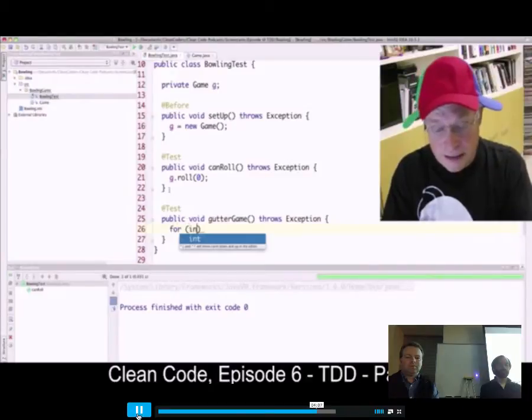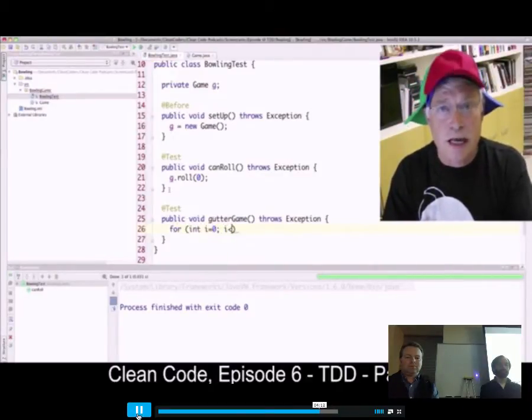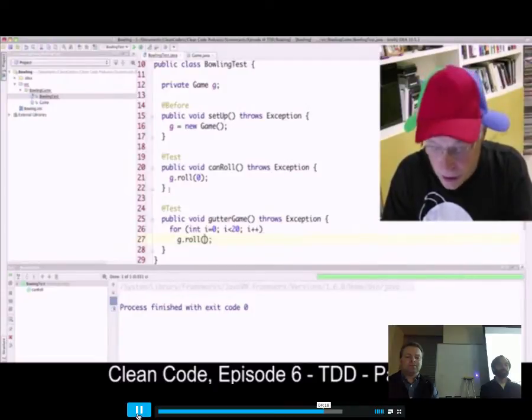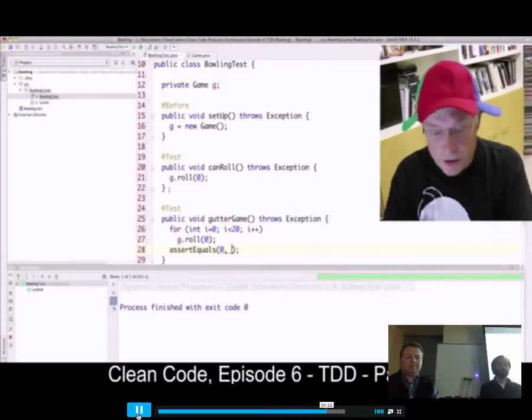For int i equals 0, i less than how many balls in a gutter game? 20. i plus plus. g.roll(0). That will roll 20 zeros. That is a gutter game. And now we will assert that the score